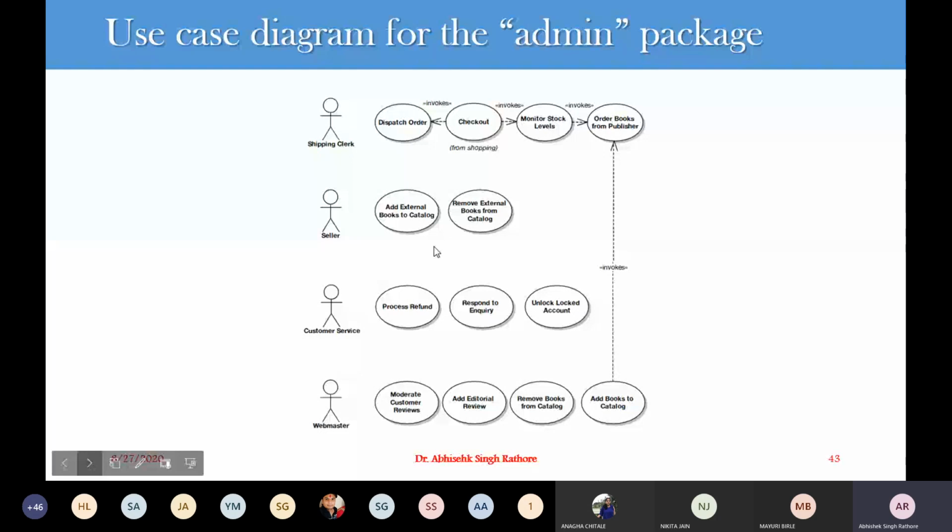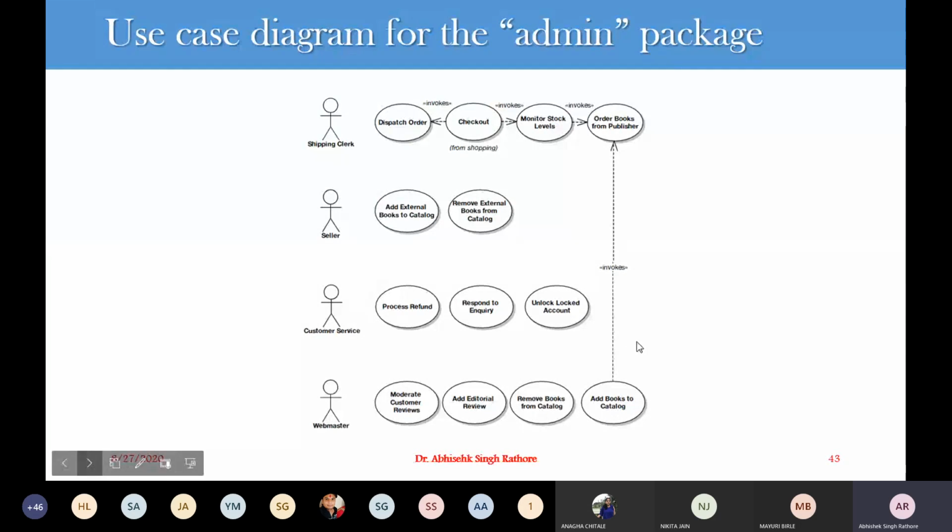Then we have three different use cases for customer service: process a refund, respond to query, and unlock a locked account. Then we have a webmaster, who has four functionalities: moderate customer review, add additional review, remove books from catalog, or add books to the catalog.